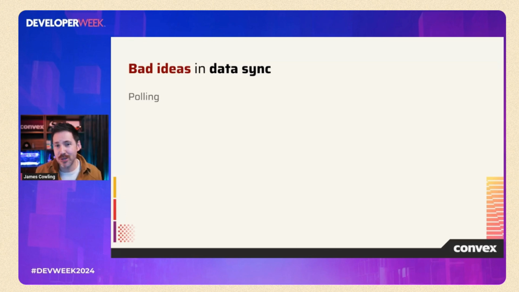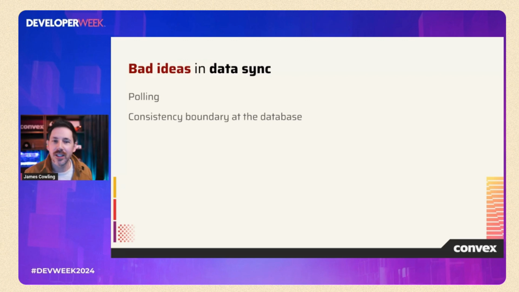But generally, you have to use polling to do this, periodically checking the server to do so, which is hard and it's inefficient and it leads to stale results. And so you'll likely end up with some form of weak or eventual consistency. And as I mentioned before, it doesn't matter how consistent and transactional and ACID compliant your database is, if that consistency is violated as soon as a client has to actually read from the database, right? For almost all backends that exist right now, the consistency boundary ends at the database itself.